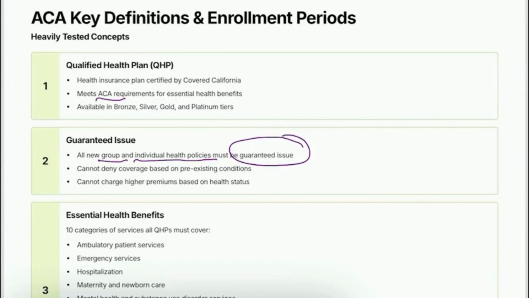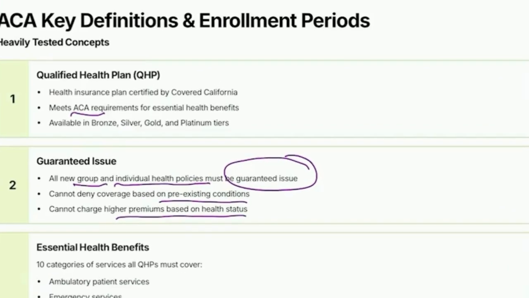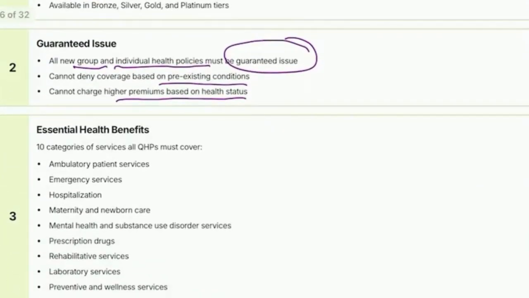Again, not going to jump too hard into this because you should know this from your health sections, but the 10 essential health benefits that you must know, again, gone over in your health videos or content or text, but we'll go over these real quick. Ambulatory patient services, emergency services, hospitalization, maternity and newborn care, mental health and substance use disorders, prescription drugs, rehab services, laboratory services, preventative and wellness services, and those must be covered at 100%, and pediatric services, including dental and vision. So those need to be available to children through the policies.